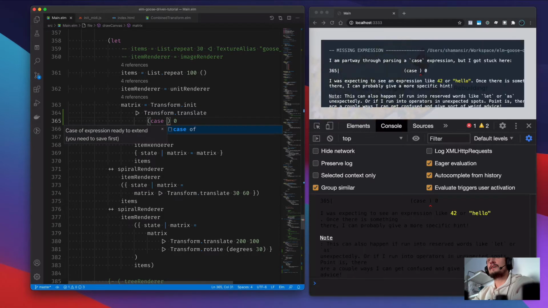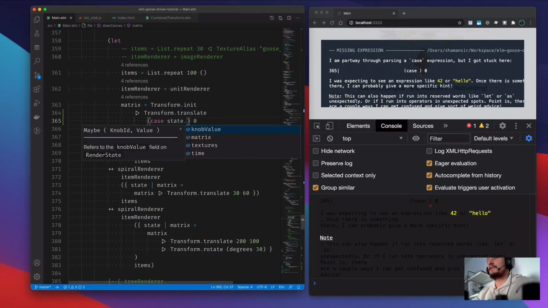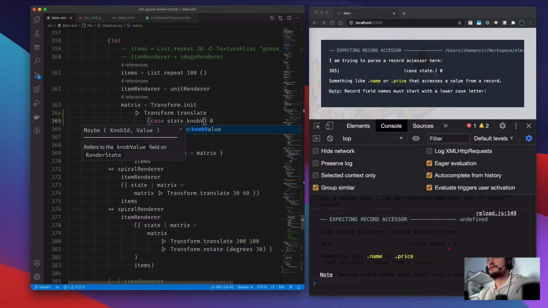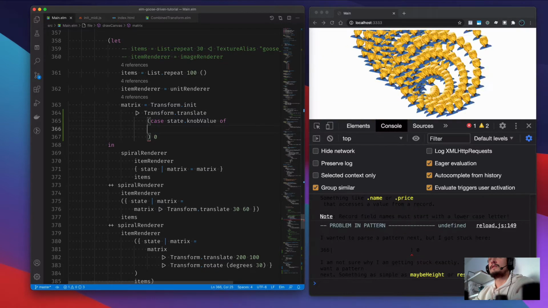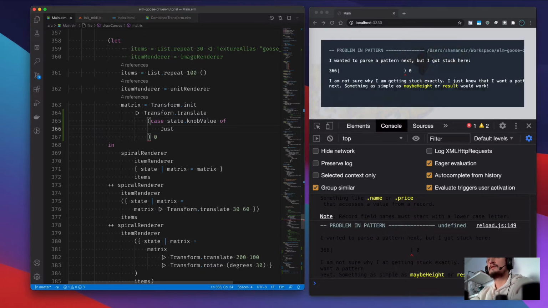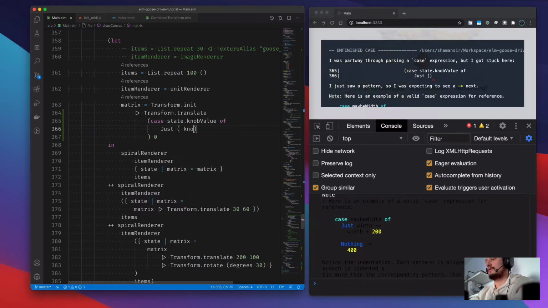We need to check if knob value is there, and if it is,